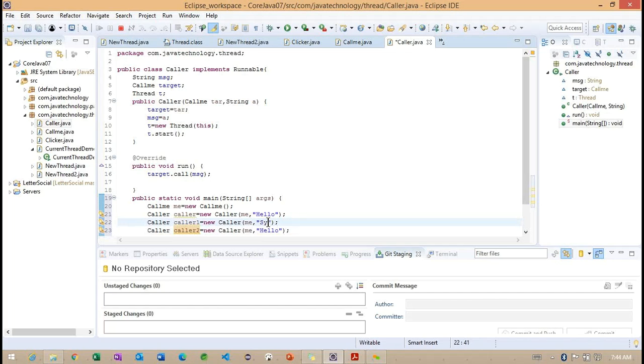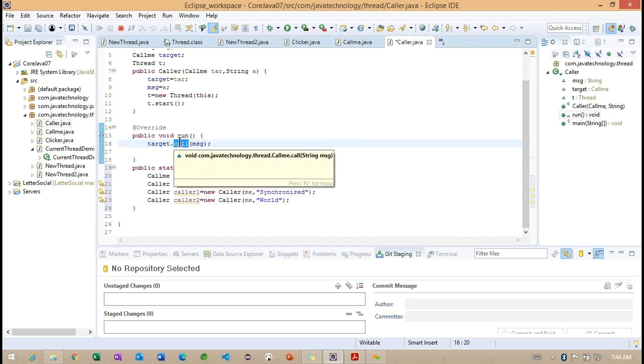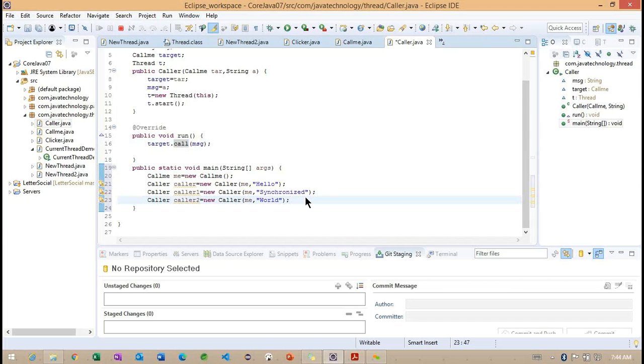And here, what I want to specify, so carefully observe what exactly message we are expecting here. World here. Getting the point? So basically, the output we are expecting whenever we call this particular call method, by specifying this information: opening brace, hello, synchronize, world, close. So this is the way we are expecting it here.